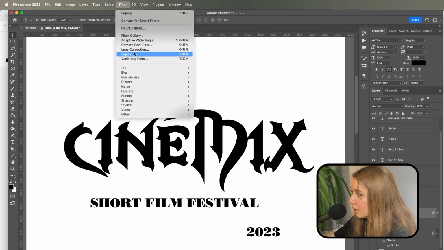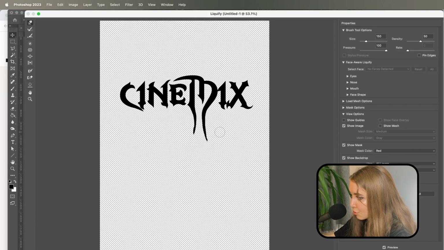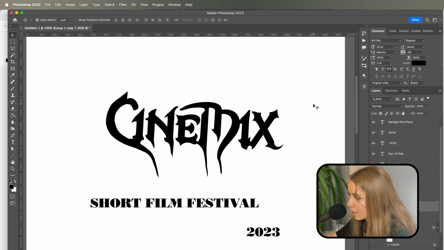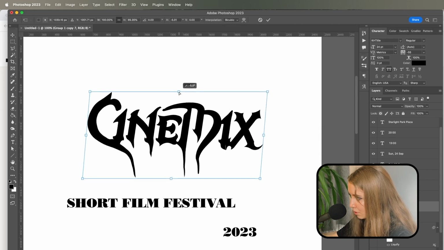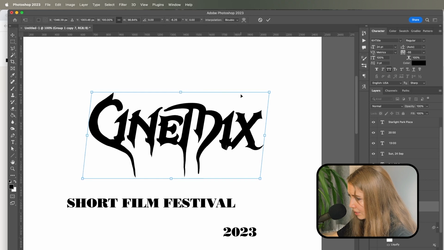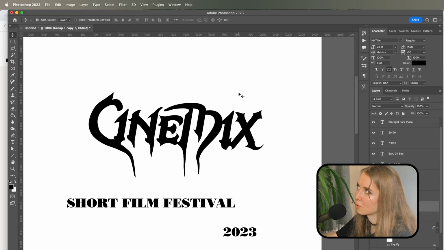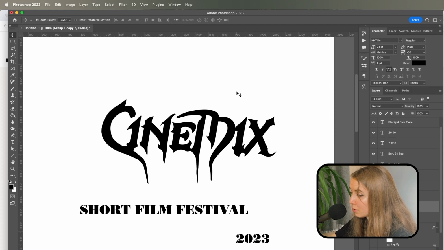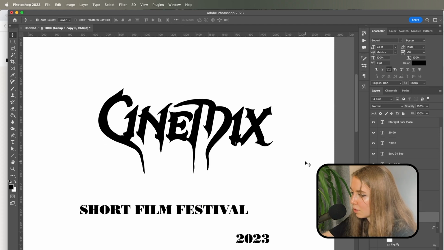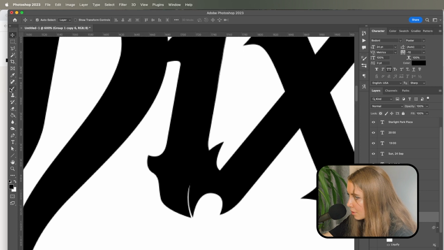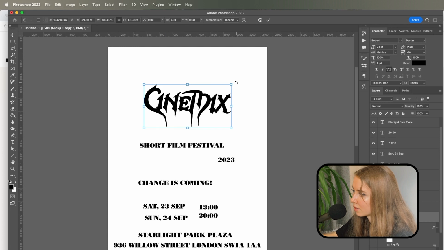Okay, filter, liquify. I think that's what's going to help us distort the shapes, but I need to do it carefully without ruining everything. Okay, that's going to take a while, so I'll probably speed up this process. Okay, something like that. I also made the C letter bigger, and I want to make it a little bit italic, because italic always gives a bit more dynamic to the letters. I think it looks more modern, to be honest. The only thing is here I would like to cover this thing with a black hard brush. Yes, okay. I really like the title, to be honest.